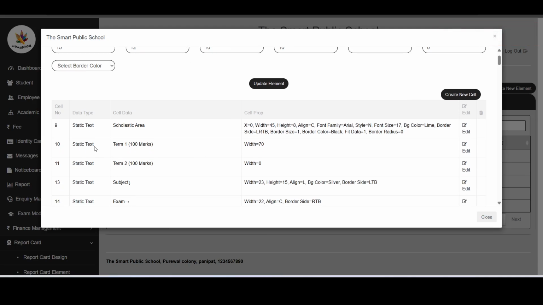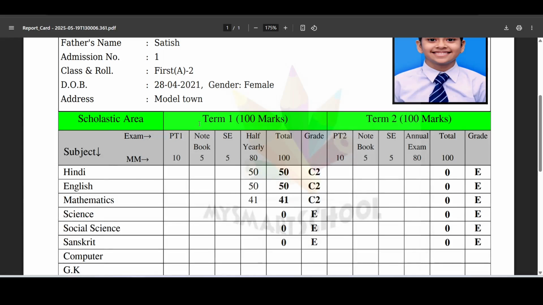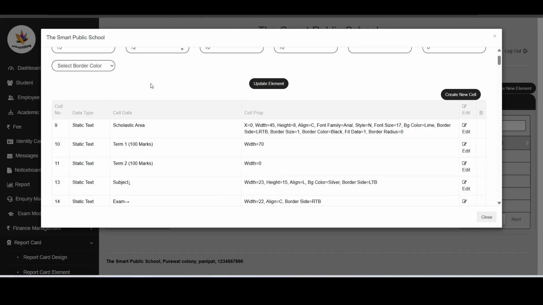So next, in the same way, is static text. Next is our Term 1 marks, Term 2 marks. In the same way, you just need to set the width of each, and then it will automatically set. For example, here the width of this is 45 and height is 8, and in the next, Term 1, we will give width 70.